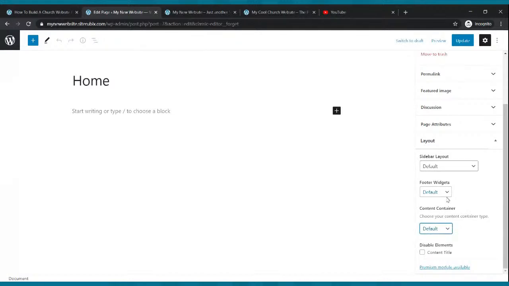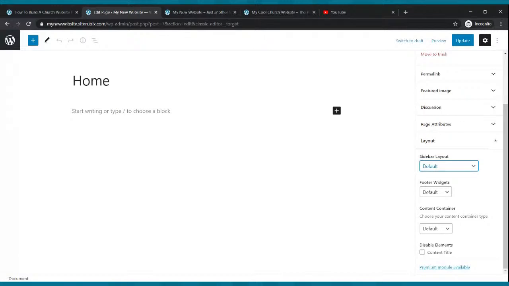Wait, where are we at here? Sidebar layout. Okay, see where it says, oh, they updated the theme. My goodness. Okay, that's what happened. All right, see where it says sidebar. So there might be a few times I might have to check a few things. They updated their theme. All right, so sidebar layout, click that, and then click,